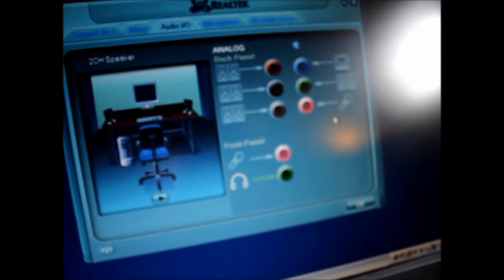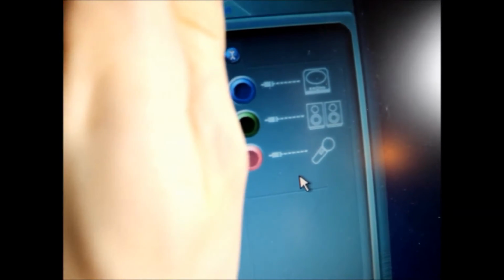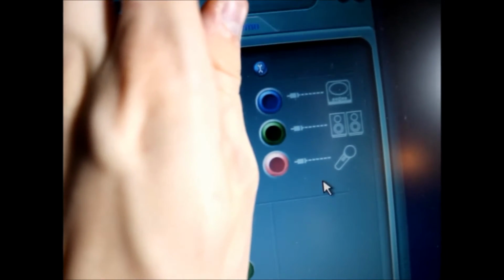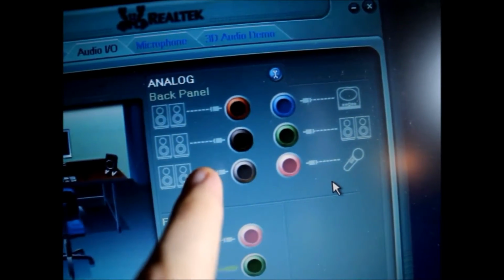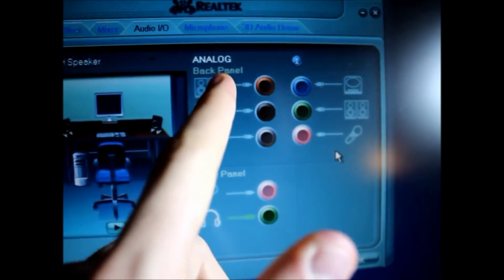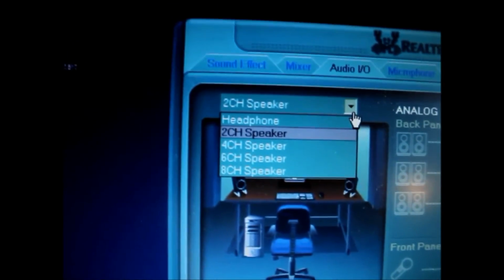So, like I said, another thing too is some computers have only a microphone, a speaker out, and the line in. Some other computers have extra outputs, and the reason why they have an extra output is to have